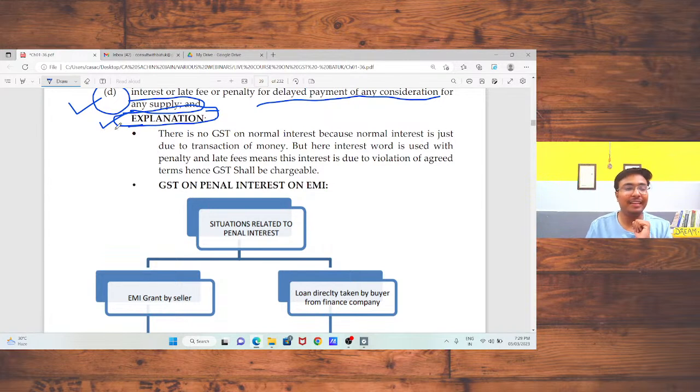So now, the explanation: there is no GST on normal interest because normal interest is just due to the transaction of money. Okay, when I am saying that there is no GST,